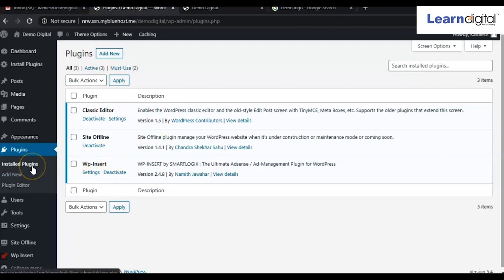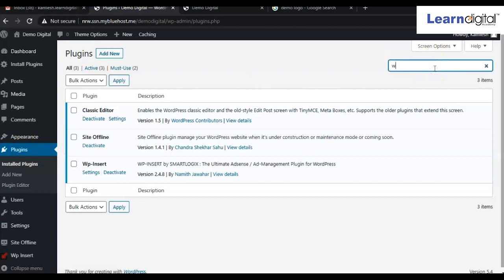See, backup is very important for our website, right? Time to time we'll have to keep taking our website backup. So why it is important? See, if you won't take the backup of your website, so in future, if your website will crash, you can't recover your files as well, right? So accordingly, for taking all your files in your system or in your drive, you need to install one plugin called WP Migration.